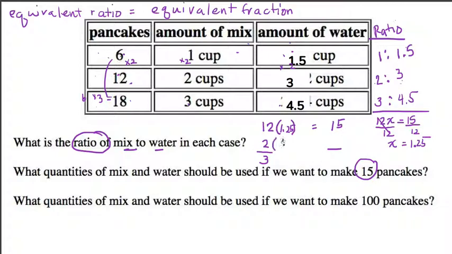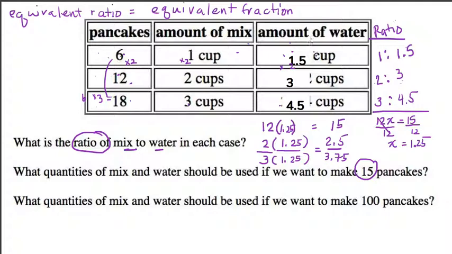So that means to make an equivalent ratio, we need to multiply this ratio for 12 by 1.25, which is the factor, to give us 2.5 over 3.75. So if I want to make 15 pancakes, I need 2.5 cups of mix to 3.75 cups